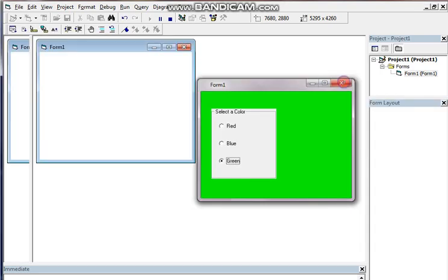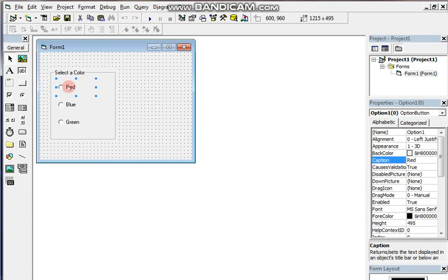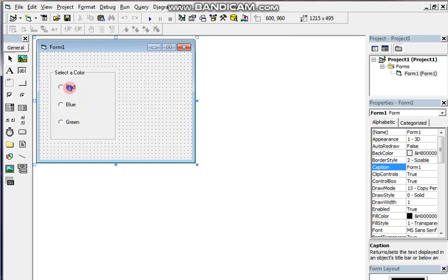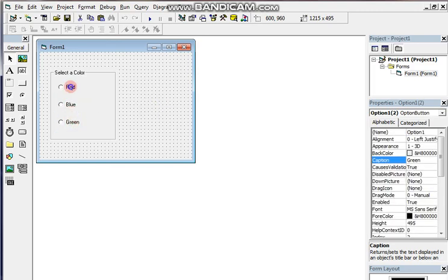Hope all of you understood. Let me just recap what I did in the beginning. At first I took a radio button, thereafter I copied it. After copying, I pasted. When I pasted it, out of the options I chose the yes option, so that it creates a control array. This is known as a control array, students. Because if I don't choose yes, this will become option 1, this will become option 2, this will become option 3. But if I choose control array, then the same name will be applied to everyone. You can check here option 1 of 0, option 1 of 1, option 1 of 2. So this is how the control array is designed.